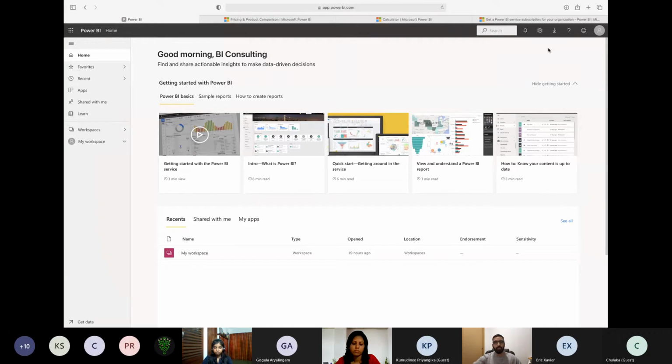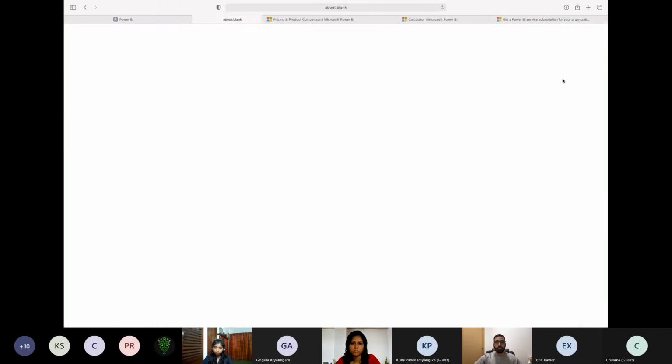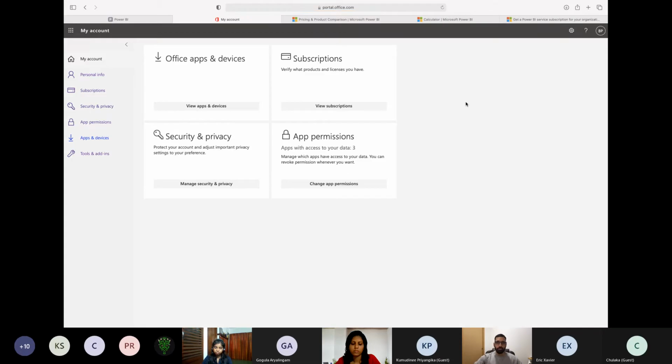For example, this is my newly created space where I'm not using anything. So if you need to know, or if you are new and you want to know what kind of license you have, you can come to your Power BI service. You just need to log in on powerbi.com and sign in over there. Once you sign in, you will get your profile, and here we can see that this is my free account. Furthermore, if you want to view your account, you can go over there and just click view your account,